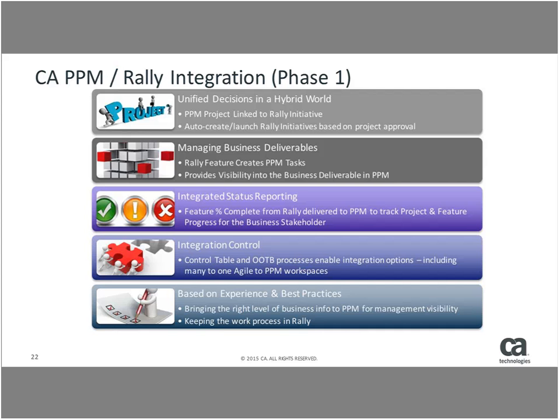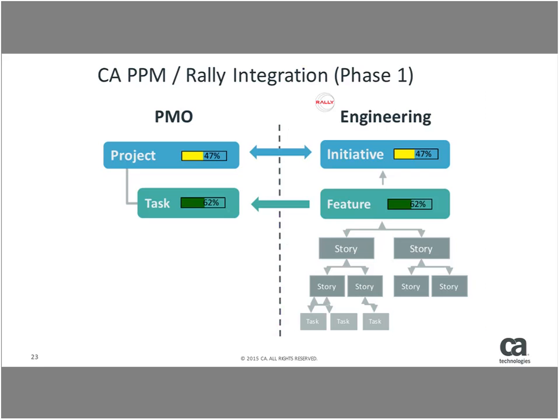And so that's what we are doing with our integration. You can see here, this is phase 1 of the integration. So this is by no means complete, but it is what we believe to be the first step of value for a lot of organizations, and actually also the first step of maturity for a lot of organizations in working with PPM and Agile together. There's a number of different pieces here, but I will jump to basically the diagram that shows